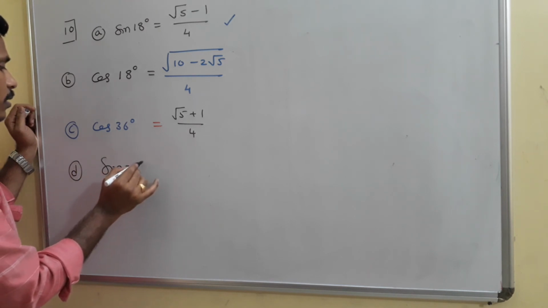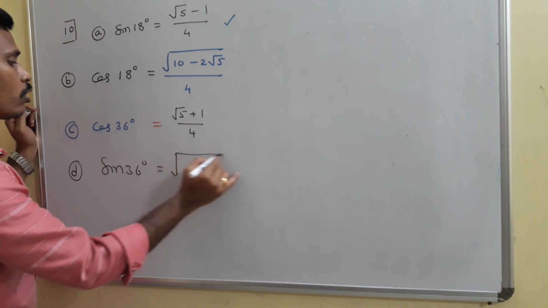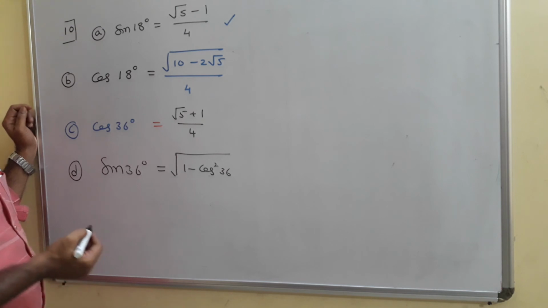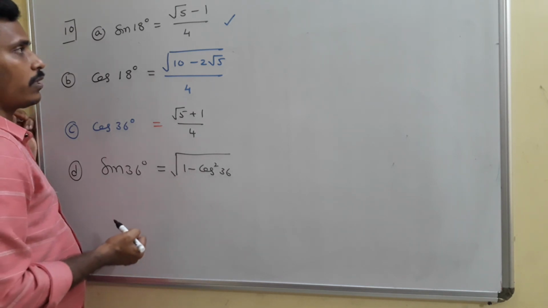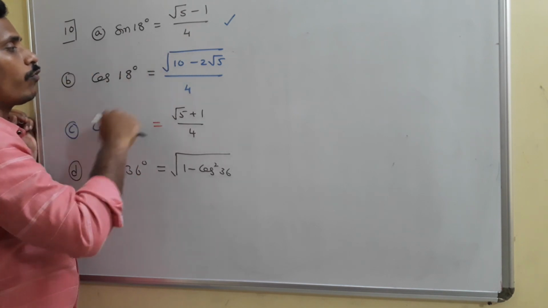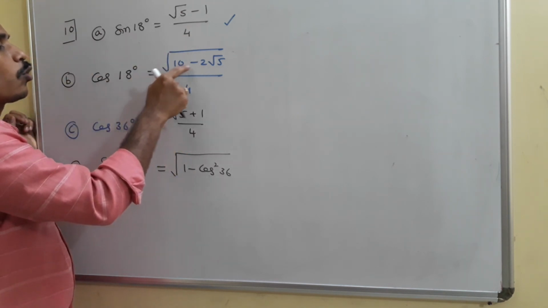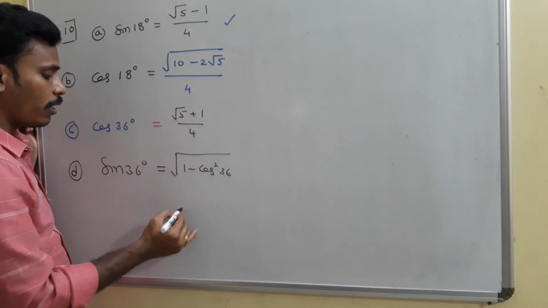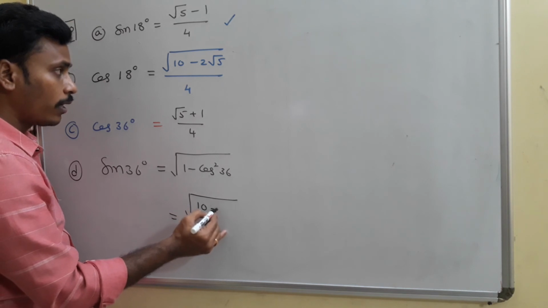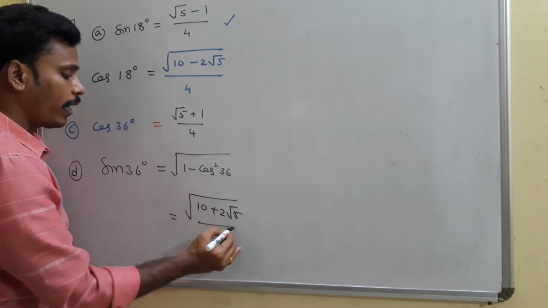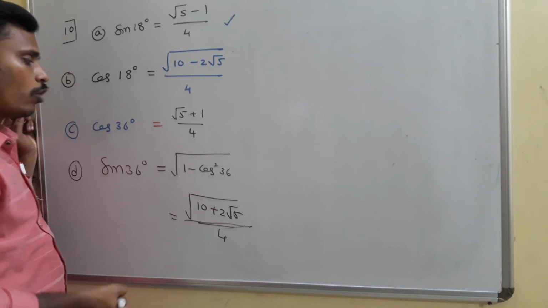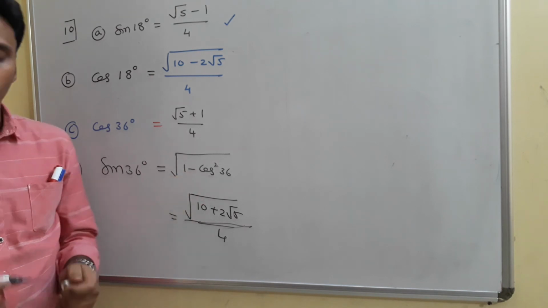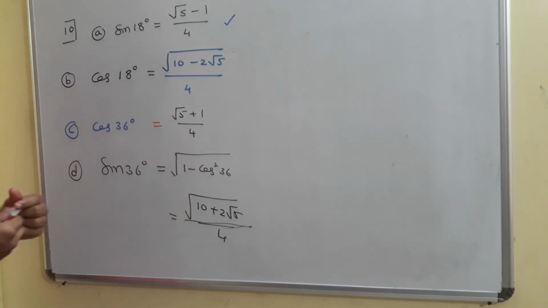Sin 36 degrees. For sin 36 degrees again we need to use 1 minus cos square 36. Yeah, just like sin square theta plus cos square theta is 1. So 1 minus cos square 36. If you do in the same manner, root 5 minus 1 by 4 will give us root of 10 minus 2 root 5 by 4. Here for root 5 plus 1 by 4, using this technique, you will get root of 10 plus 2 root 5 divided by 4. You just try afterwards in your own way, okay? Using cos 36, we need to find sin 36, and for that use root of 1 minus cos square 36, okay? So A, B, C, D are enough.